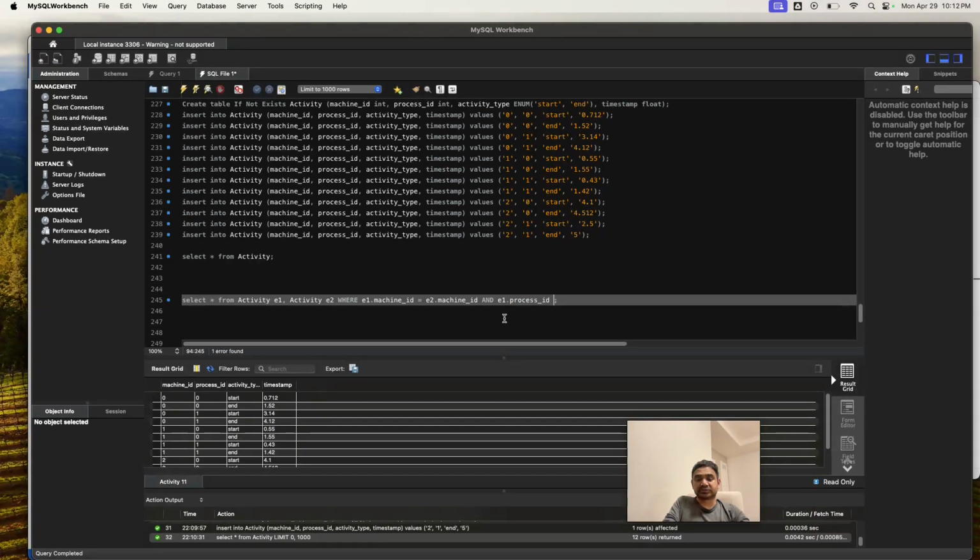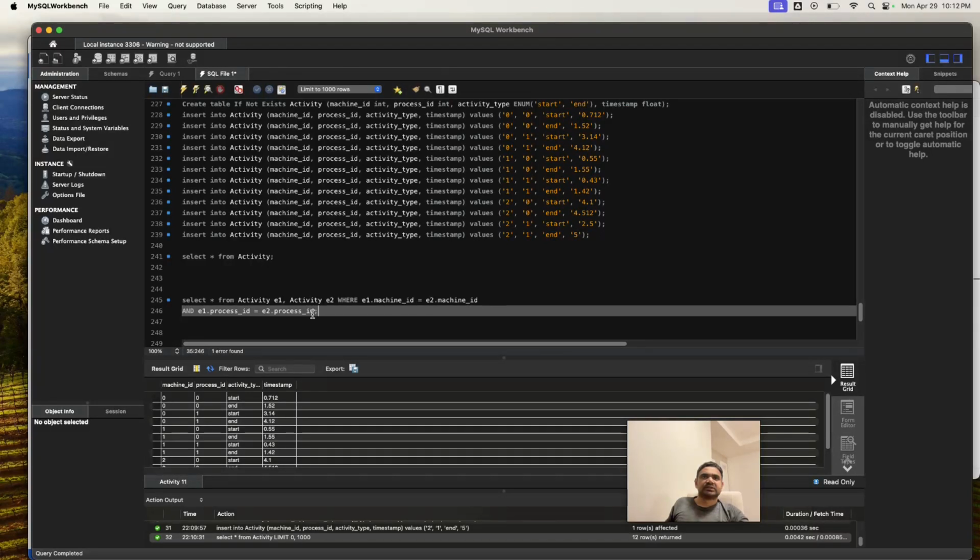So for each process I need only one entry, so that's also fine. And what will be next? So next, the question is going to the activity type. So how do you need the activity for each inner join table? So for the E1, it can take the activity type as